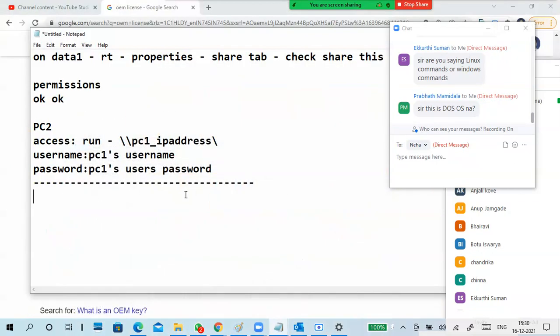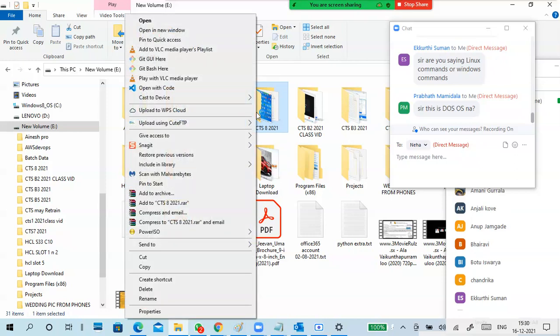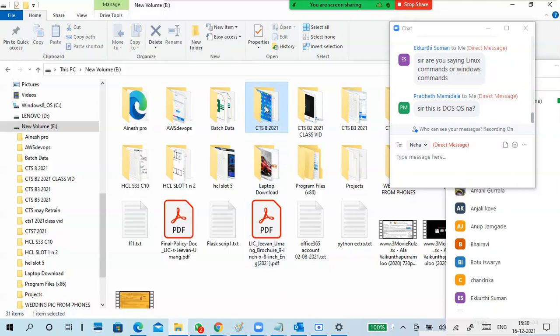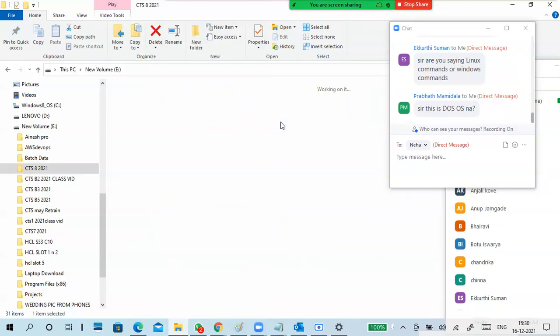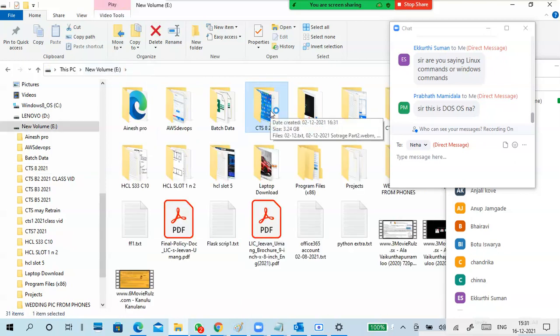Disk management. Very good. I will show these practicals, these permissions and accessing, for files and so on. Sharing, yes. Okay, I can't access, but I will show you how to share it. So take a folder which contains some data. From my PC, someone will access it from another PC.